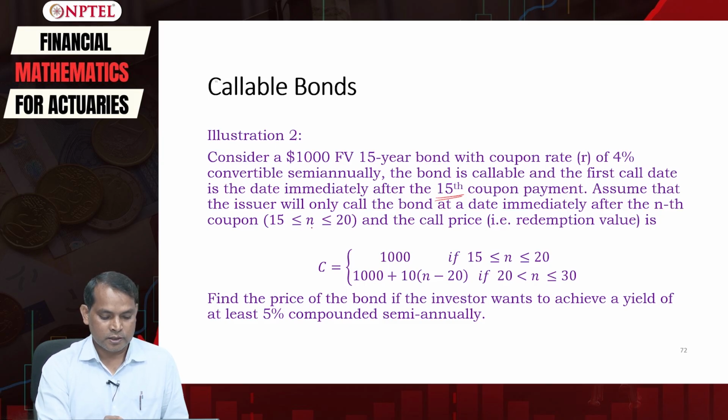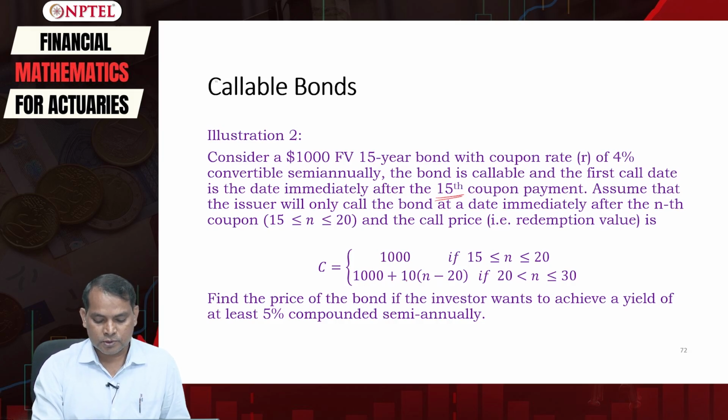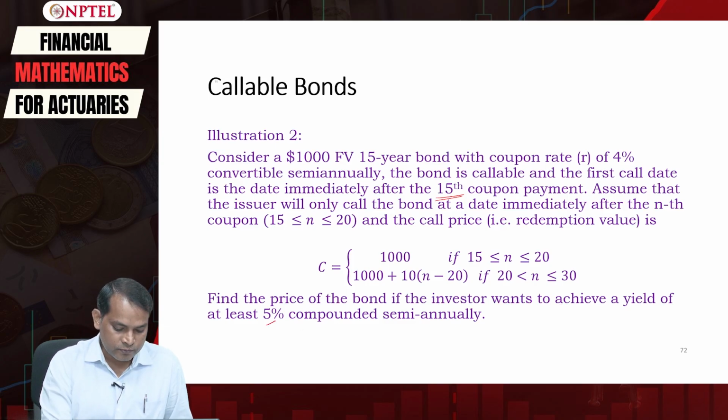where n lies between 15 and 20, and the call price is given as C equal to 1000 if n is greater than or equal to 15 but less than or equal to 20, or C is equal to 1000 plus 10 multiplied by n minus 20 if n is greater than 20 but less than or equal to 30. Now find the price of the bond if the investor wants to achieve a yield of at least 5%